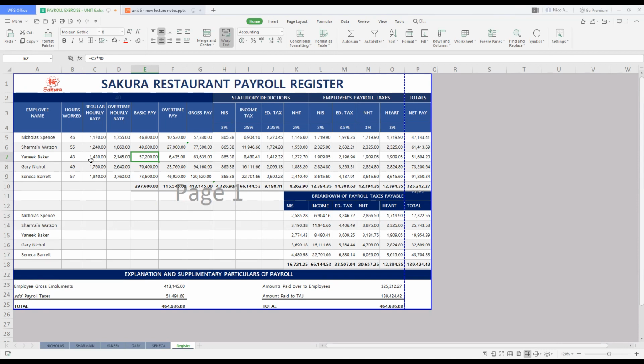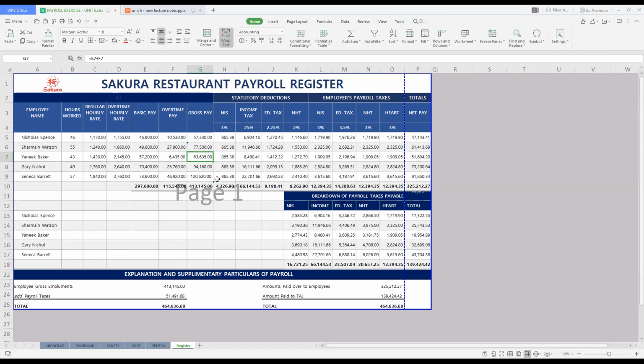So it's $1,430 times 1.5, which gives us $2,145 as the overtime hourly rate. And we multiply the 3 extra hours of overtime by that $2,145 to get $6,435. We add that $6,435 to the $57,200 to get a gross pay of